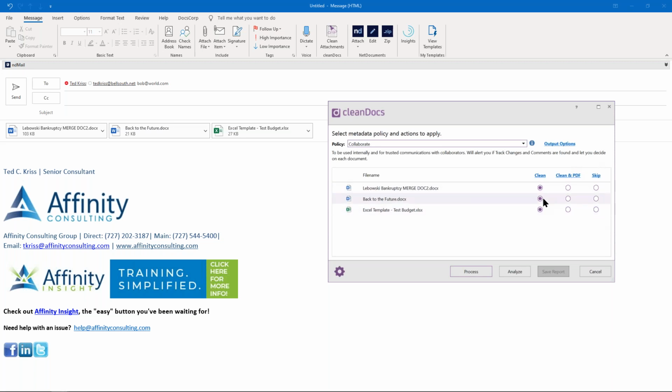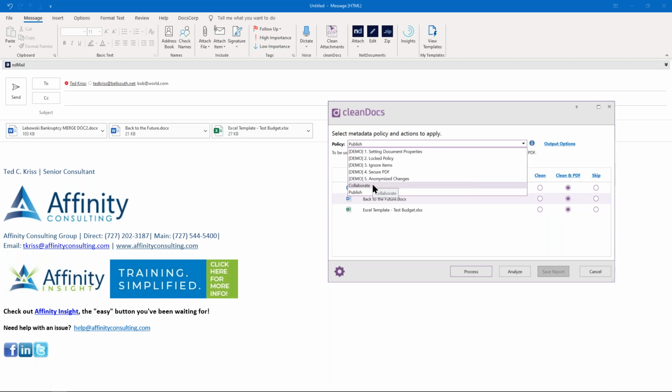Now, before we do anything, the first thing I want to do is show you that we have different policies that exist. I'm on Collaborate, but you'll also see that there is a published policy. What a published policy means is it automatically, by default, controls what settings are set. So publish will automatically clean and convert to PDF any documents we have attached.